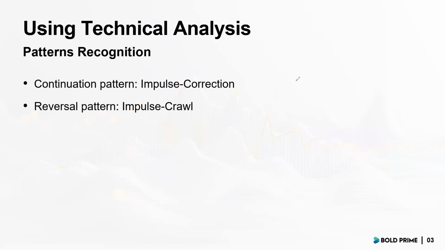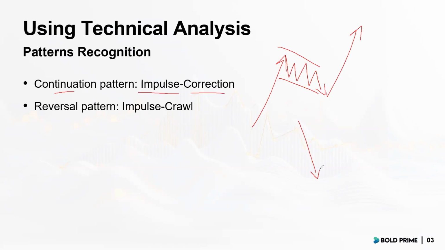So when we have an impulse-correction combination, it basically means that if we have an impulsive move to the upside, following that, the market retraces in a corrective manner. This is what we call a continuation pattern, because there's a high probability the market will continue higher. Now, if you flip that, if the market came down impulsively with momentum, and the market starts to correct to the upside slowly, then that's where we have a high probability direction. So that's what we call a continuation pattern. In a while, I'll show you some examples on the chart as well.